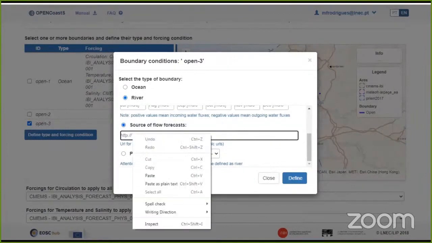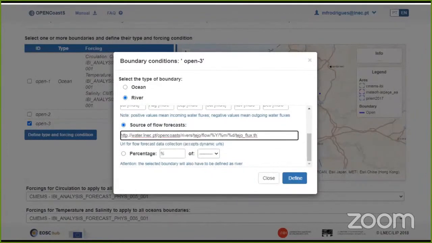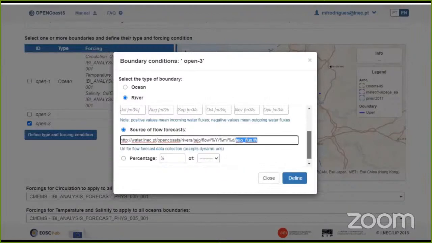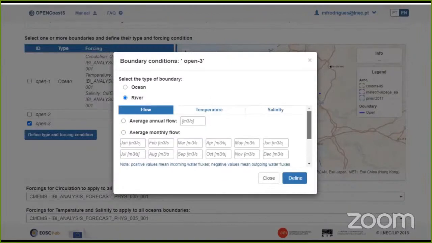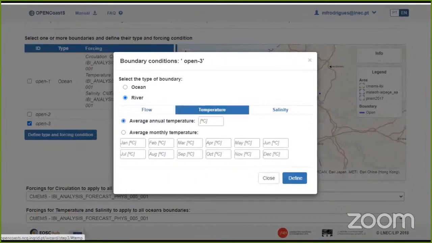So I just need to put here a URL with the source of forecasts. This file must be in the flux.th SCHISM format.